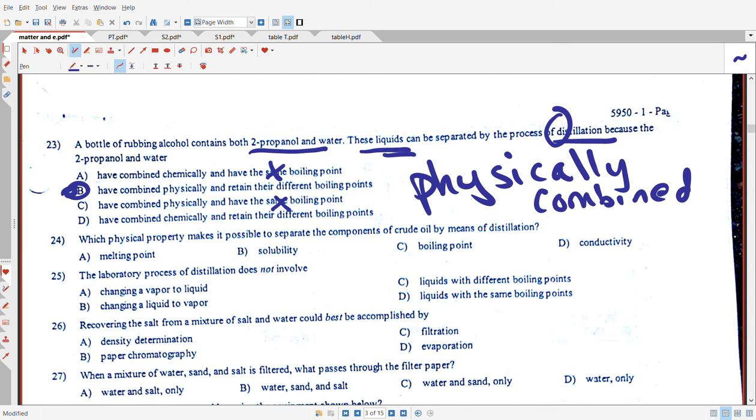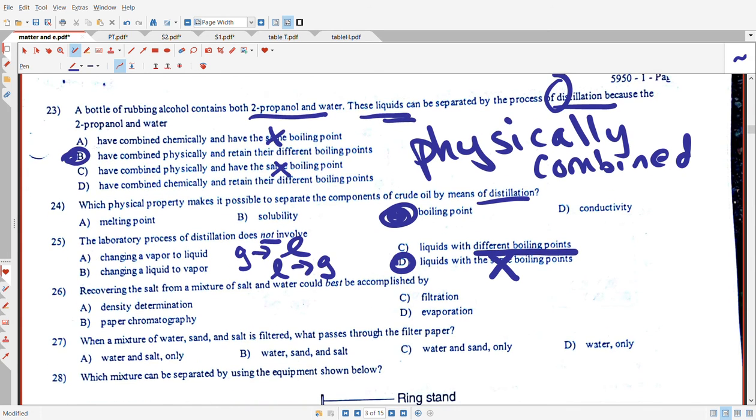Which property makes it possible to separate crude oil by distillation? Again, you just have to know boiling point is the definition of distillation. Distillation is when you go from vapor to liquid, liquid to vapor, because it always occurs simultaneously, and with different boiling points. You're not going to pick same boiling point, so this is the answer because it says which does not